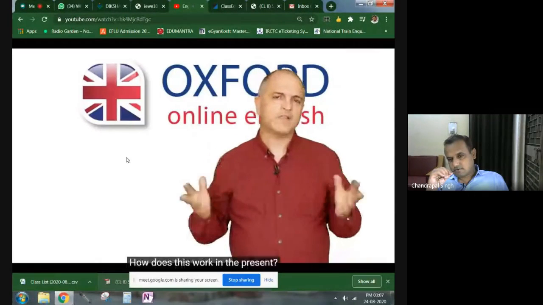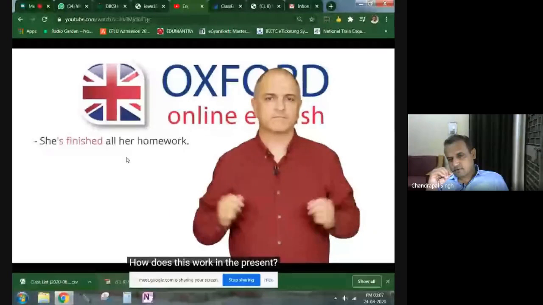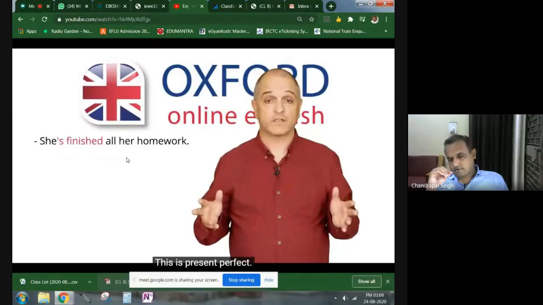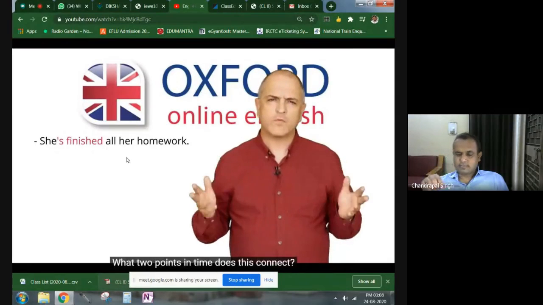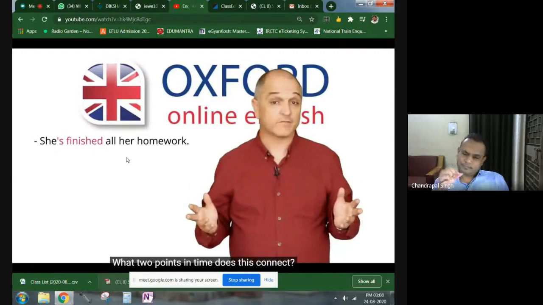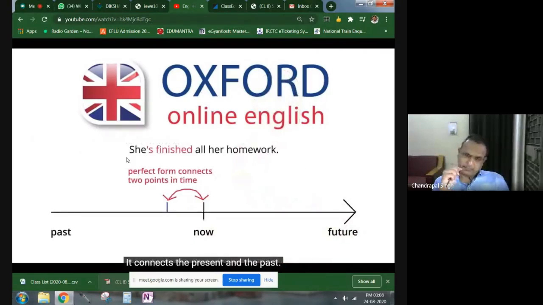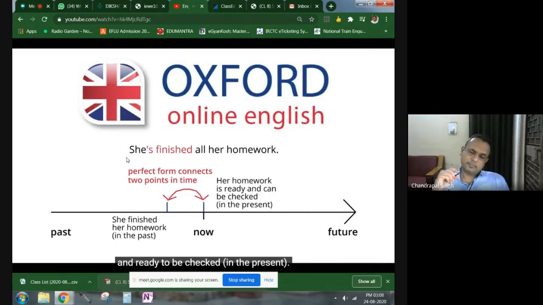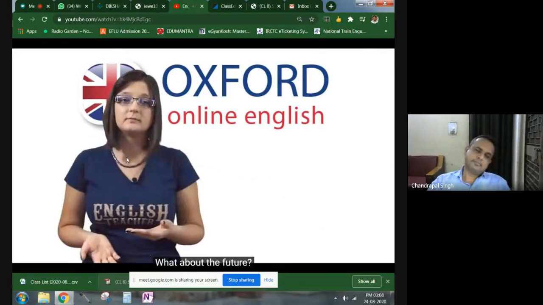How does this work in the present? This is present perfect. What 2 points in time does this connect? It connects the present and the past. She's finished her homework in the past, before now, and now her homework is done and ready to be checked in the present. What about the future? This